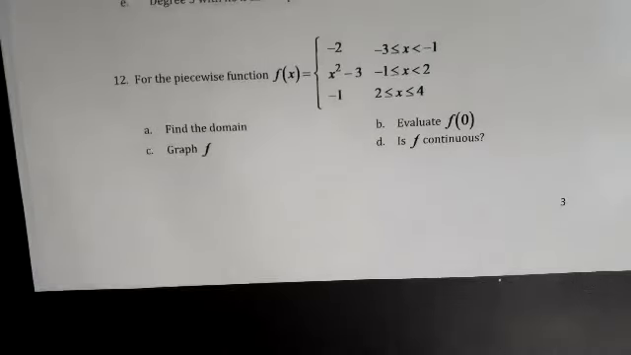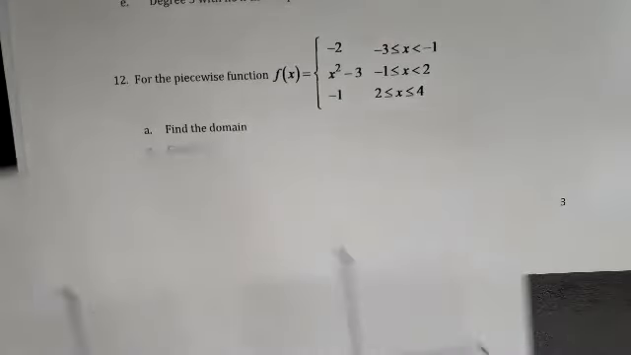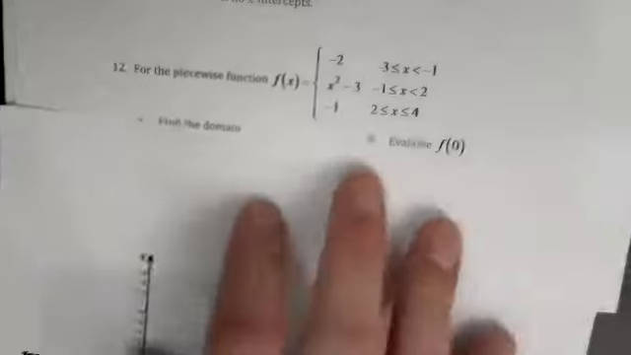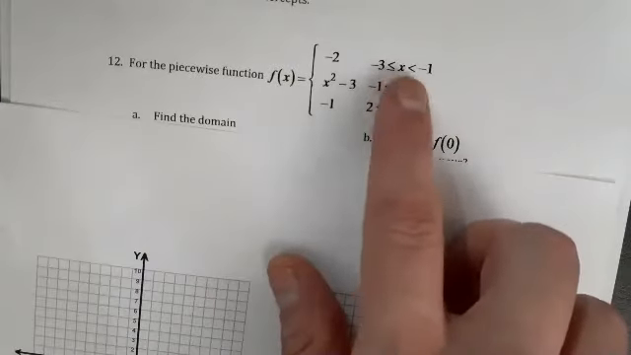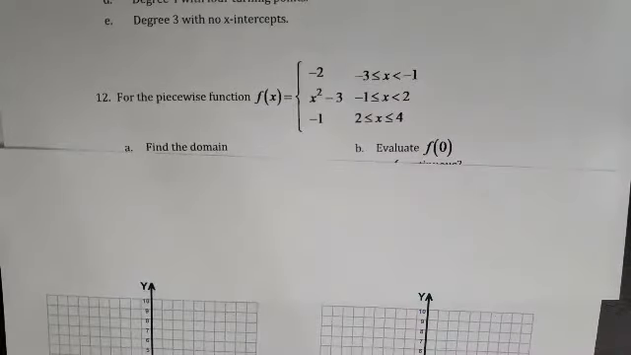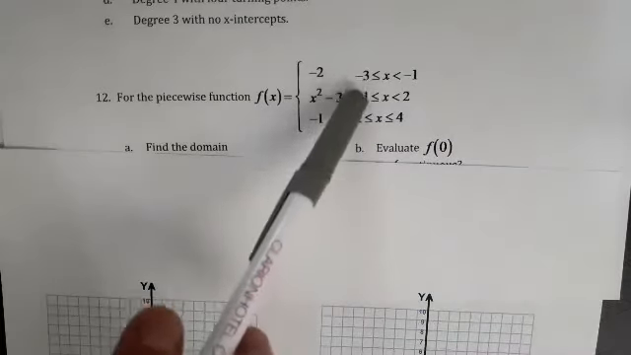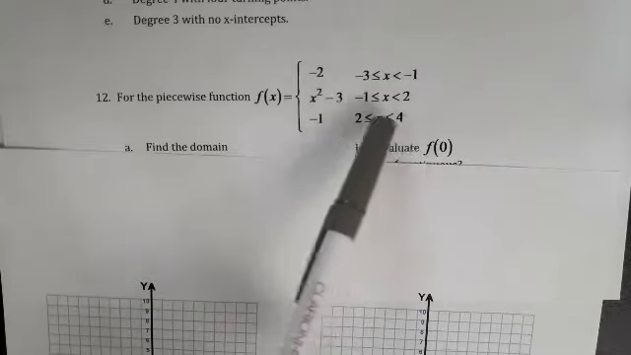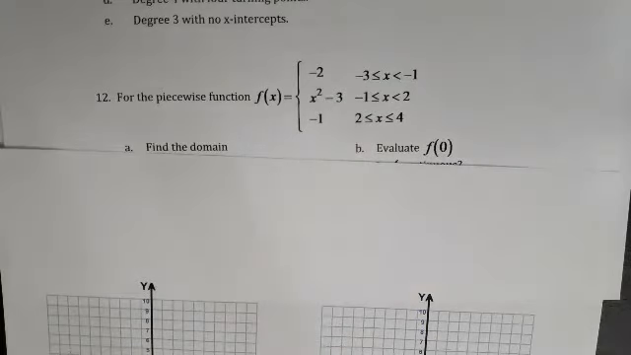We didn't really talk about domain, although you can tell what it is just by looking at the graph. Where's our x going to go from and to? It's going to go as low as -3. It's going to pick up and do some piecewise things, but it's going to go up to